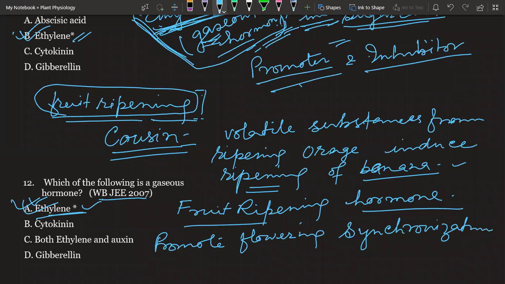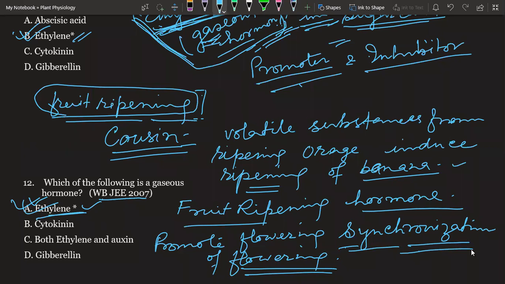Synchronization of flowering. Synchronization of the flowering means that all the flowers will come out and start developing almost at the same time. Sometimes in some crops, if the flowering is together, then